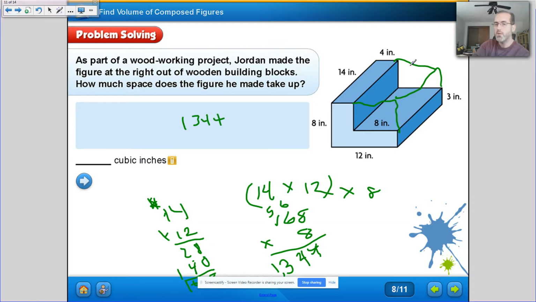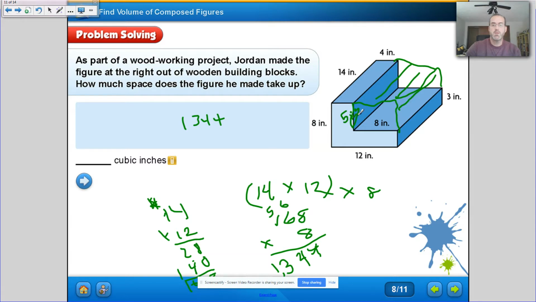Now we've got to really get this out of there. We don't want that in there. Okay, so let's find out what that smaller figure is. Well, what is this piece here? If the whole thing is 8, right? And I know this is 3. Well, 8 minus 3 is 5. So I know that this is 5